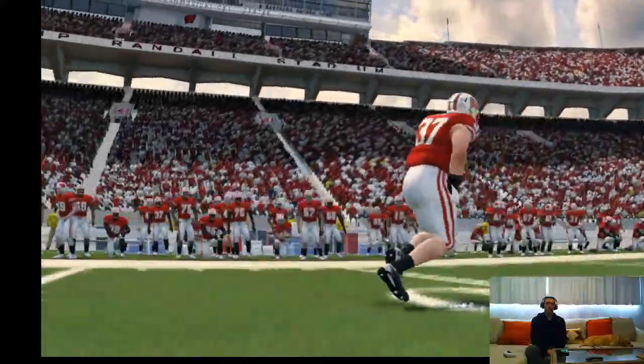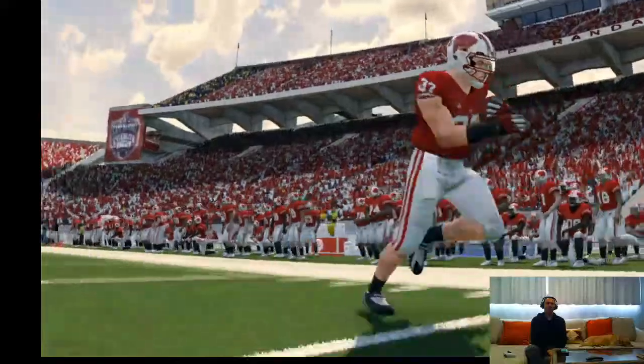This is the play they scored on, wasn't it? All that was, just a little underneath curl.